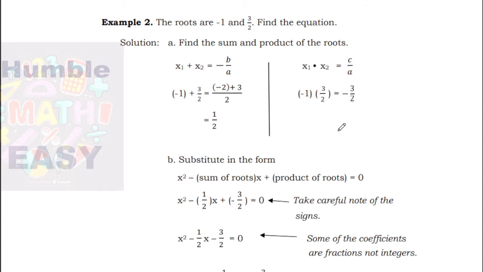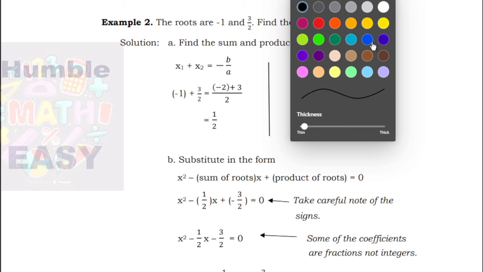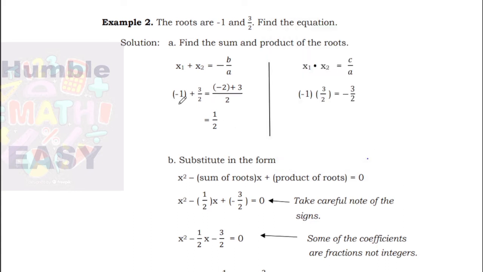Now, if we're going to take the sum of the given, so we have here the sum of negative 1 and 3 halves,